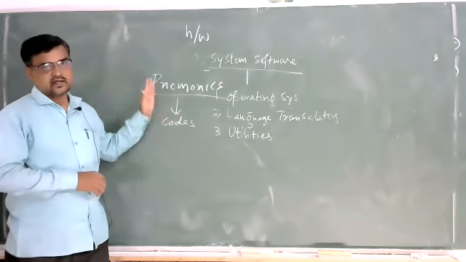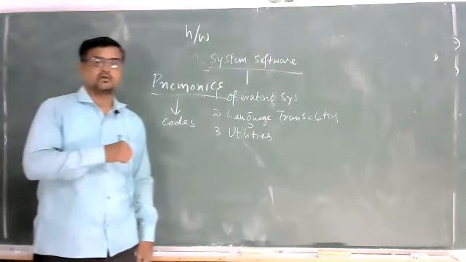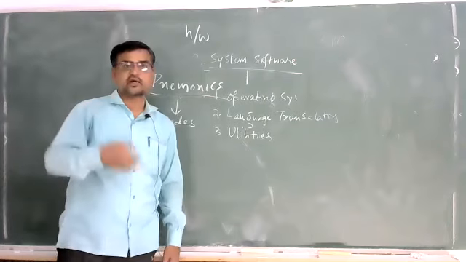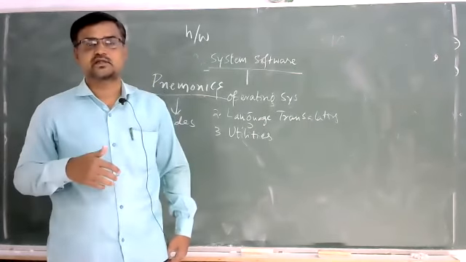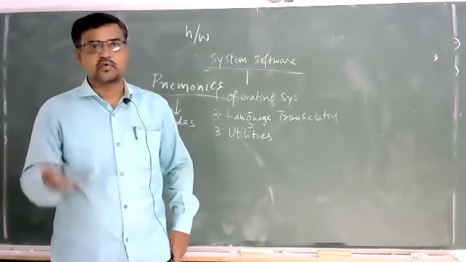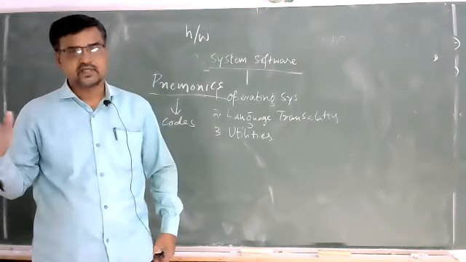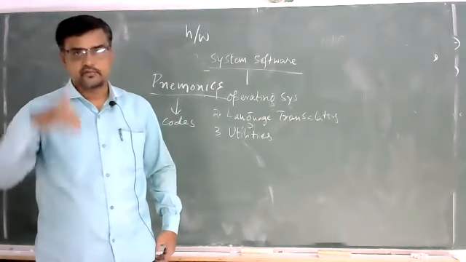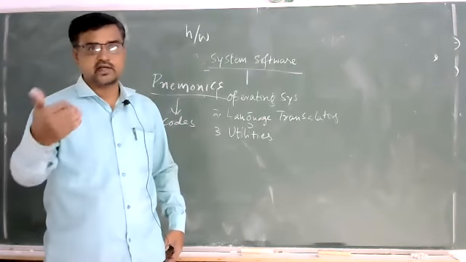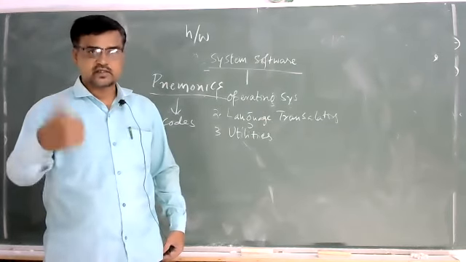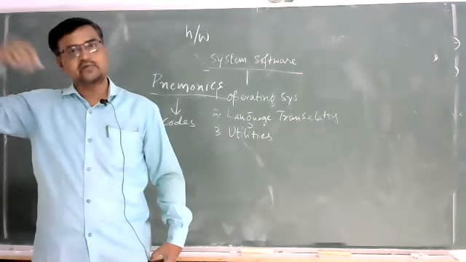Mnemonics is this, and then the last type of language which has come is high level language. High level language is what we are talking and writing right now. English. It is an English level language. Everything that is written or told to the computer in English will get converted to ones and zeros. Whatever I am speaking right now, if it is reaching you, it has to be converted into ones and zeros. Then it enters the system, gets coded, and is sent via internet to you. You will receive it at your end.